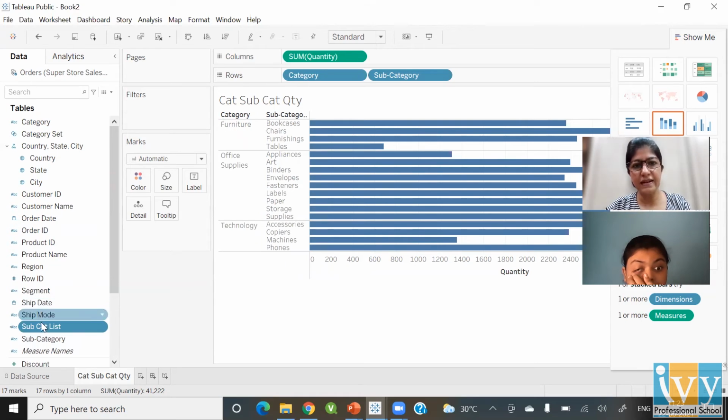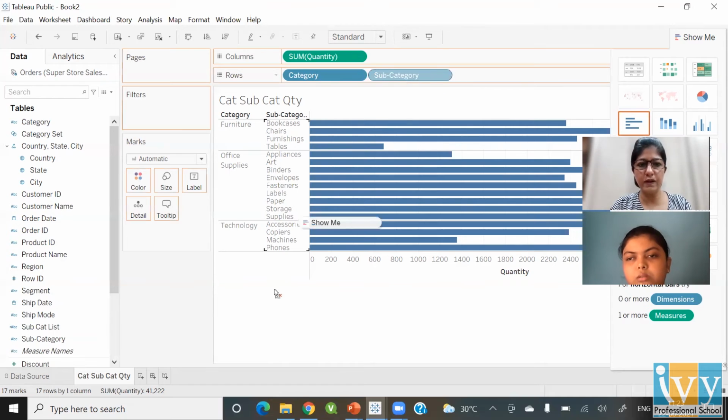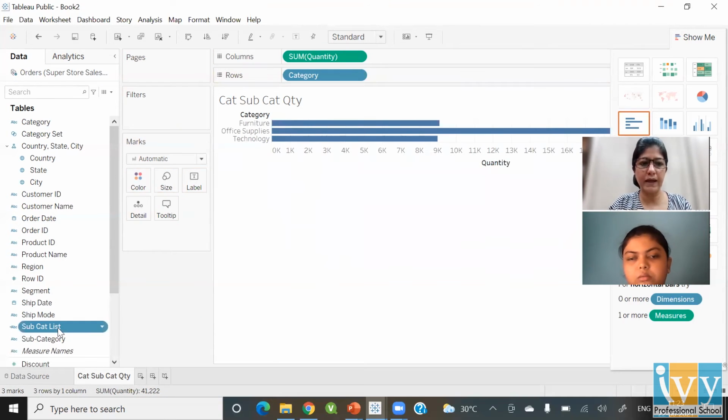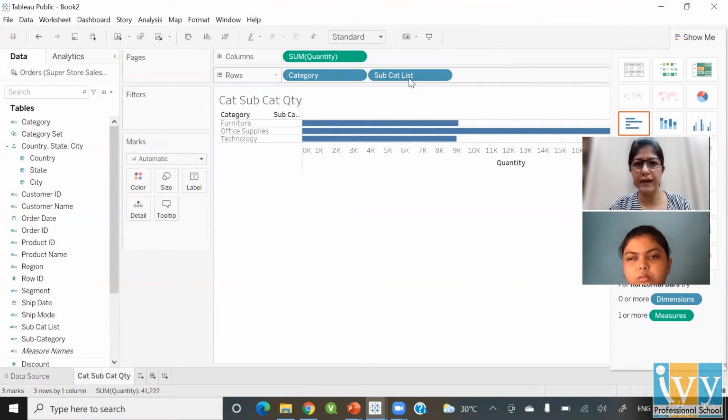Now, this category list is exactly what we want, because over here, this subcategory, the original field that we have, is not going to have any effect with the category. So I'm going to remove this and put my new calculated field of category sublist. Right now, everything is blank.